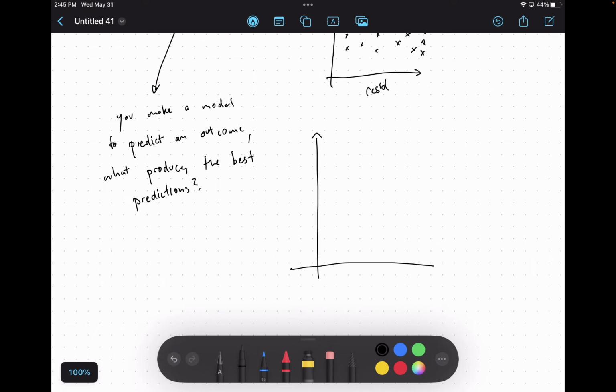Of error, model complexity. So what are the two